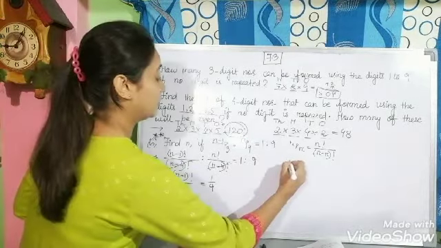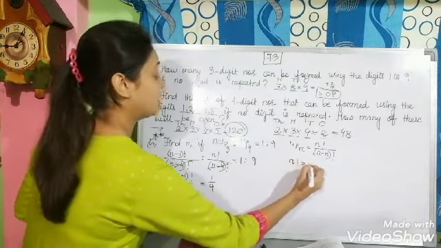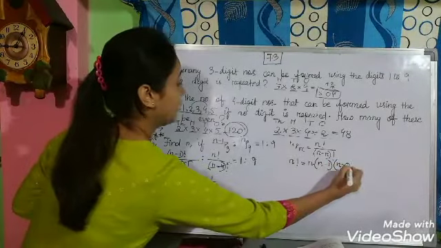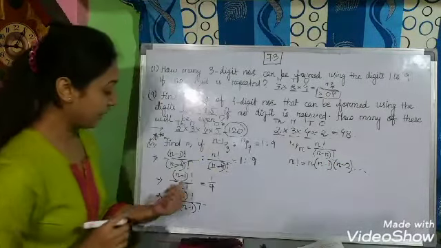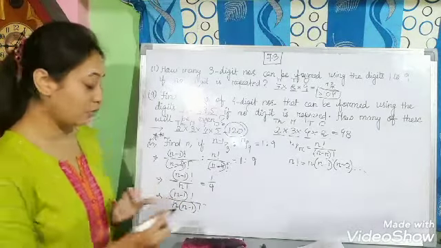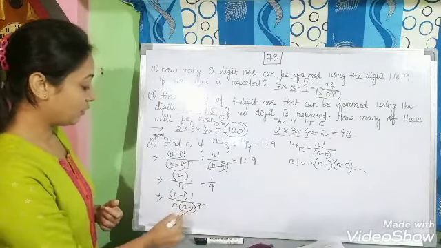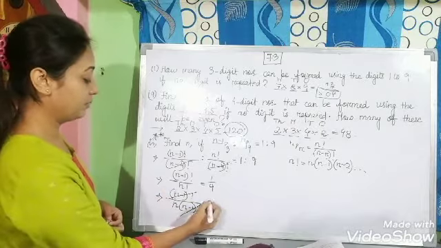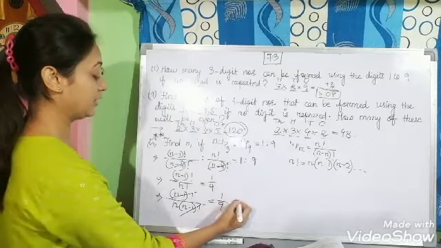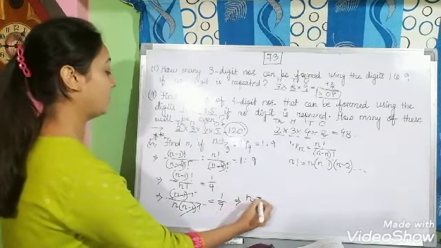We know the factorial notation is equal to n into (n minus 1), each term getting reduced, (n minus 2), and so on. Hence n factorial we are writing as n into (n minus 1) factorial. Then (n minus 1) factorial will get cancelled, that is equal to 1 by 9. So on the left hand side you are left with n, on the right hand side 1 by 9,